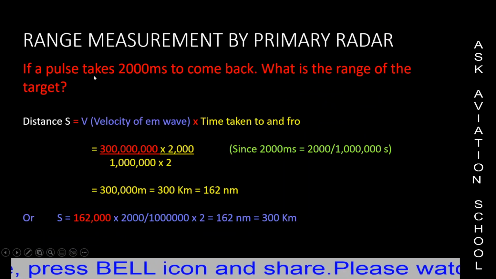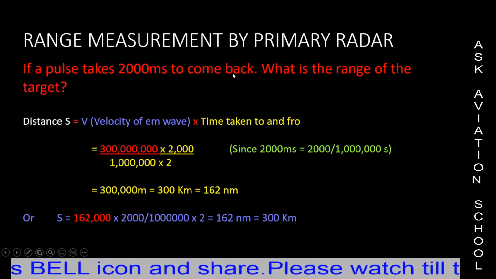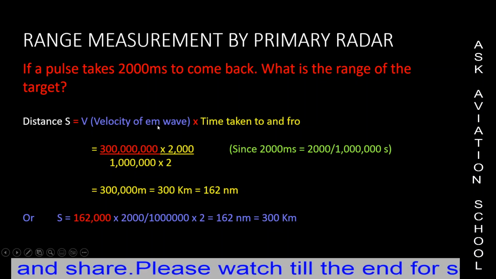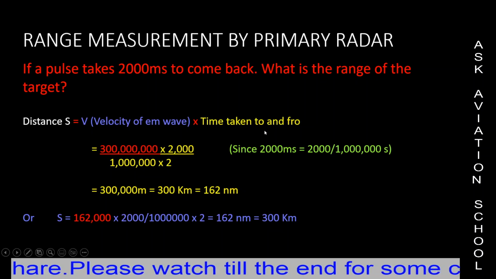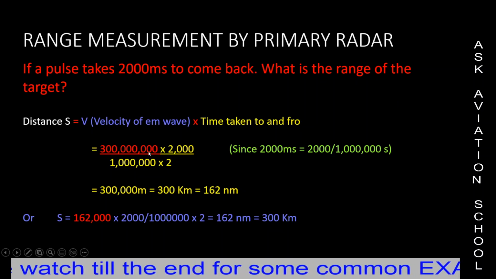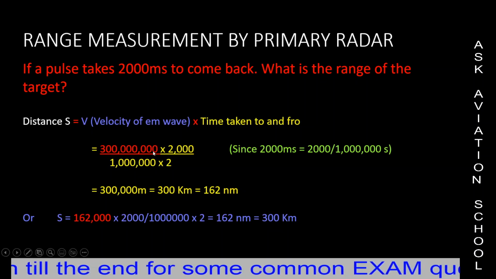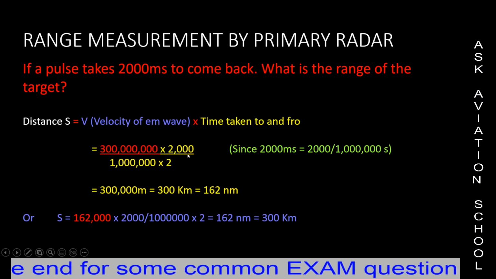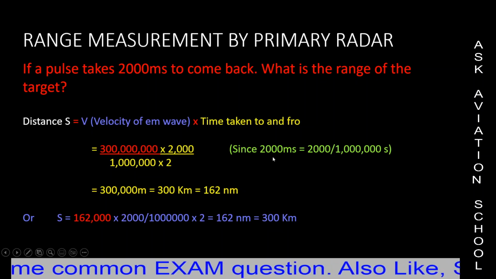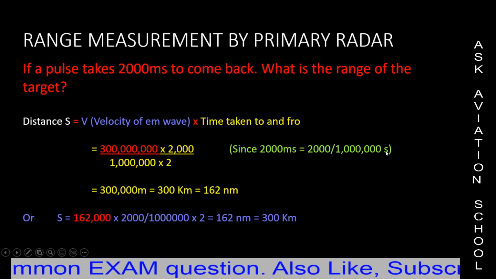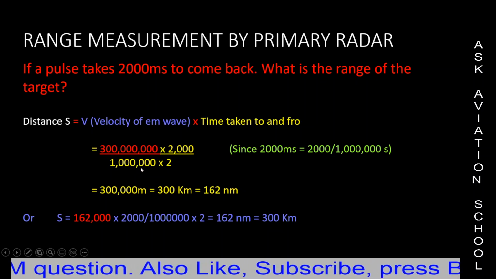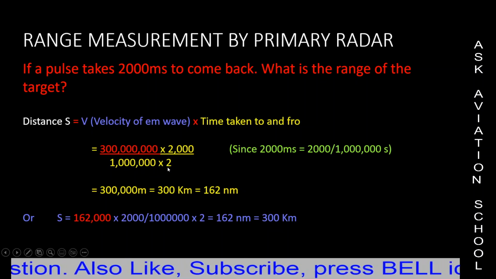If the pulse takes 2000 microseconds to come back, what is the range of the target? With the same formula, distance is equal to velocity of the electromagnetic wave into time taken to travel to the aircraft and come back from the aircraft. The speed of the wave is 3 into 10 to the power 8 meters per second, multiplied by the time taken in microseconds, converted to seconds. Since 2000 microseconds is 2000 upon 1 million, divided by 2, because the wave has traveled twice the distance,